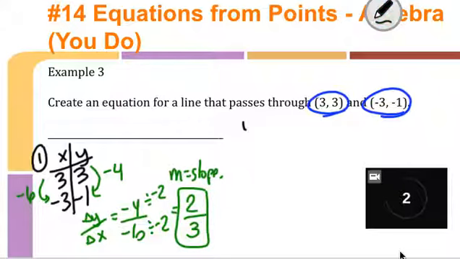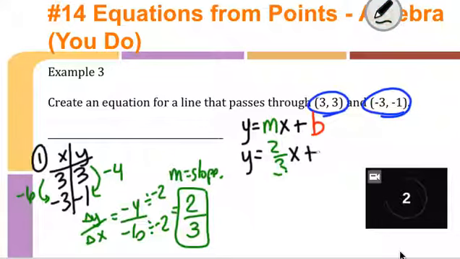I recall that I'm trying to get something that looks like y equals m x plus b. I start substituting it in. Y equals 2/3 x plus b. I'm going to go ahead and choose this point. That way I don't even have to get confused with my y and my x. They're both +3. So I'm going to write 3 equals